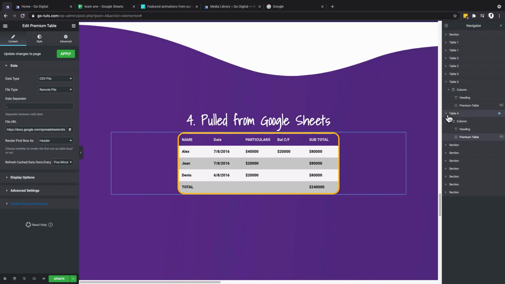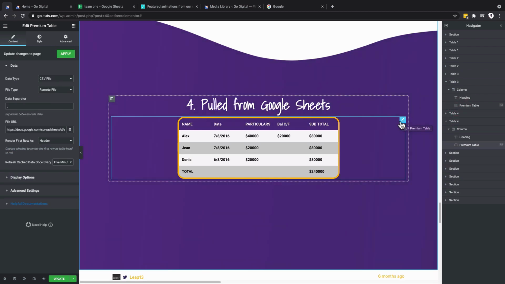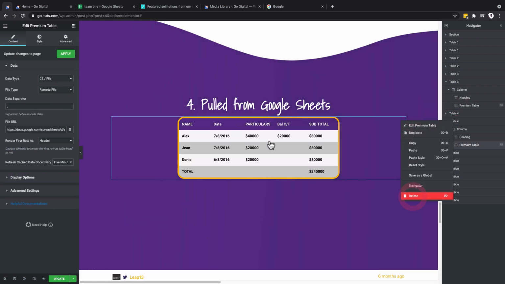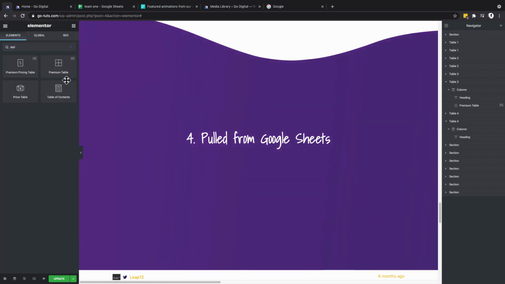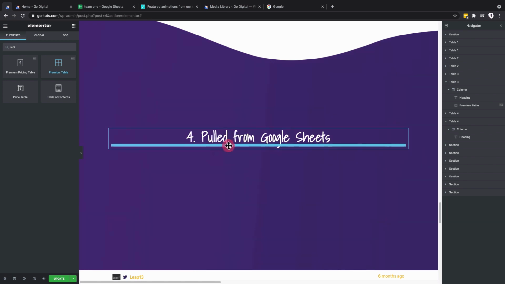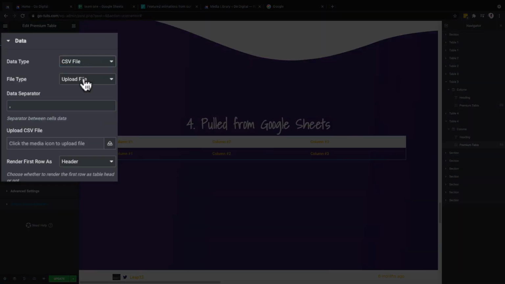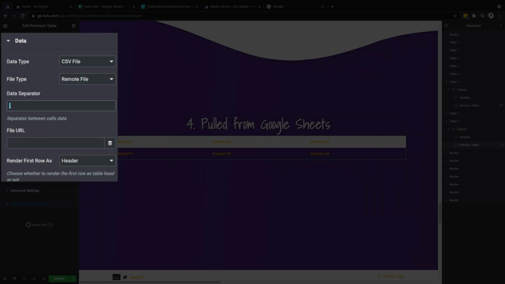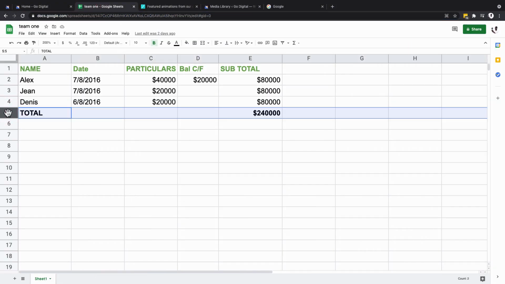I'll start off by duplicating this section. So I'll simply just duplicate and I'll simply delete this table widget, and then I'll just simply come over here, search for a table, drag it here, and I'll say CSV file, but it's going to be this time around a remote file. The data separator is a comma and the file URL is now what we have to pick up. I'm going to add another result over here, so I'll say